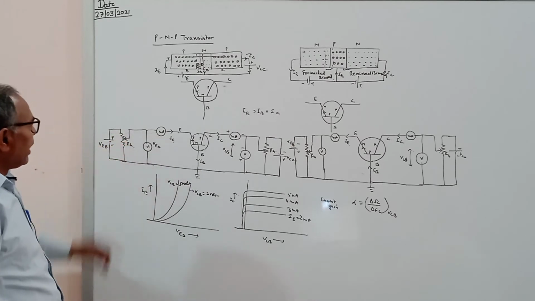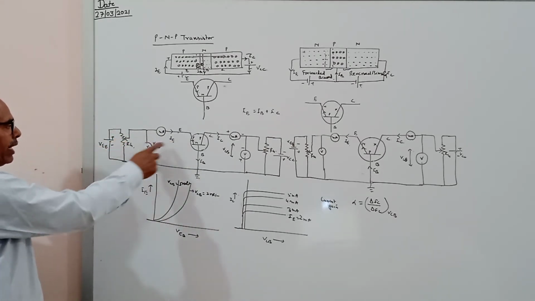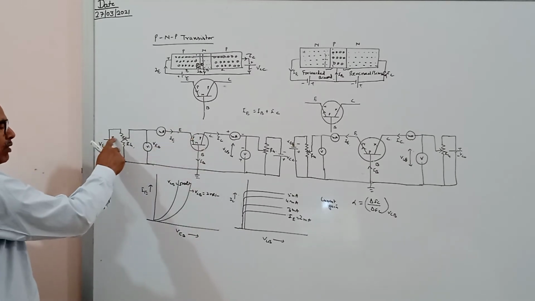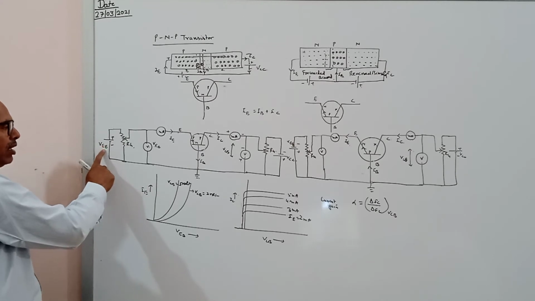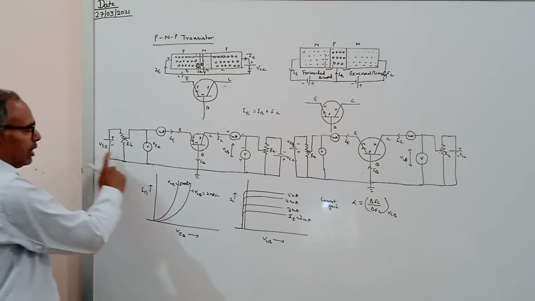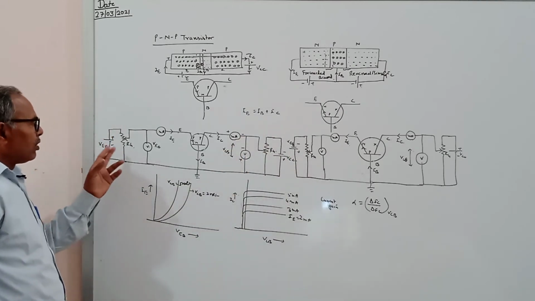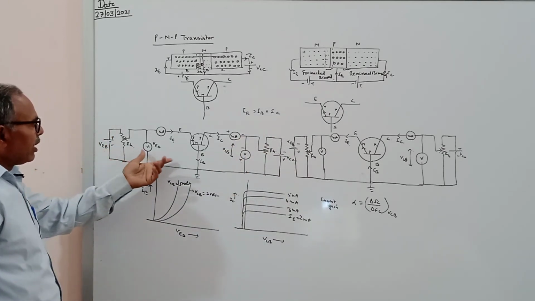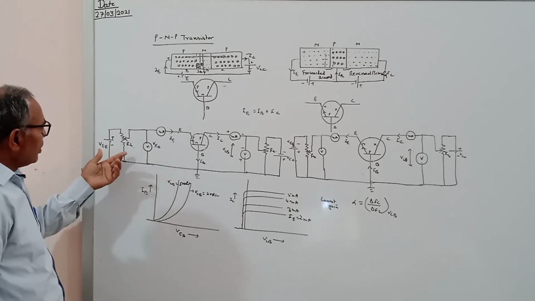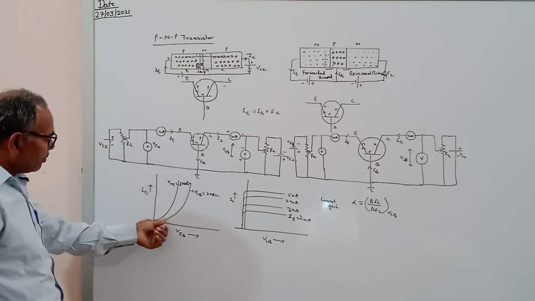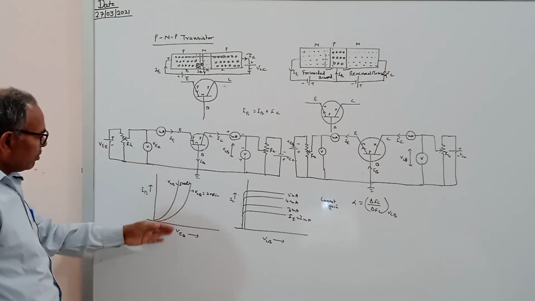Now here we have to connect the positive terminal because we have to do the forward bias because this is P, so the positive terminal of the battery should be connected here, negative should be here. This is the VEE, we say that this is VE and this is the VCC. The VCC will be of more voltage in comparison to the VE because here we have to push the breakdown voltage of this.